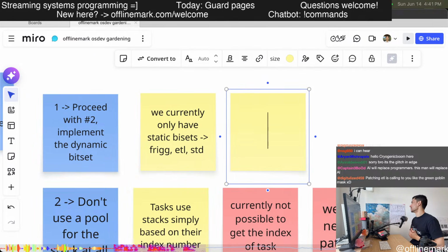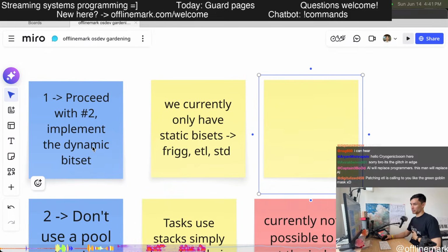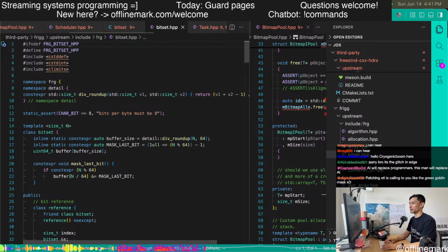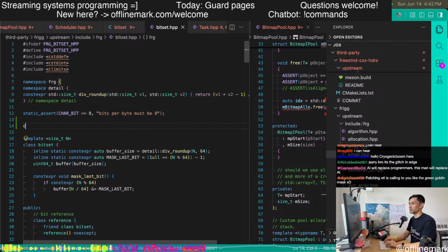And that is just making this annoying. Really what I would want to do, looking at frig's bit set, which is a static one, is have it be in frig, I think. I would probably end up patching frig.